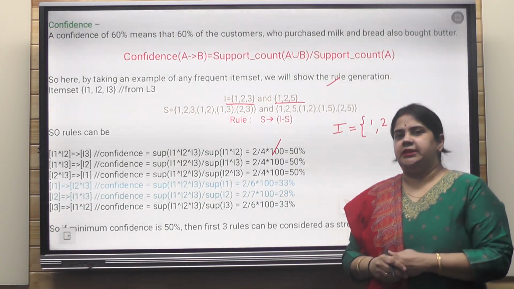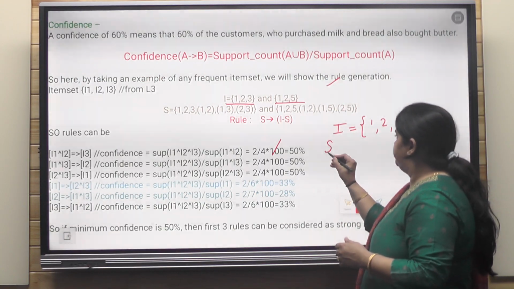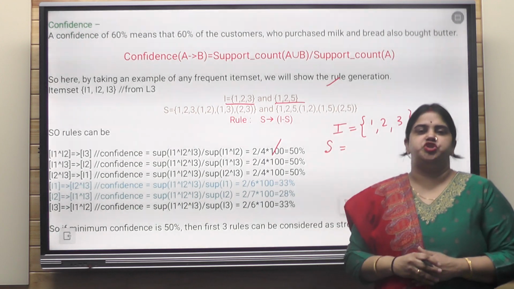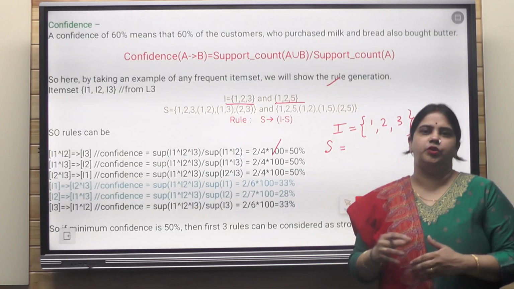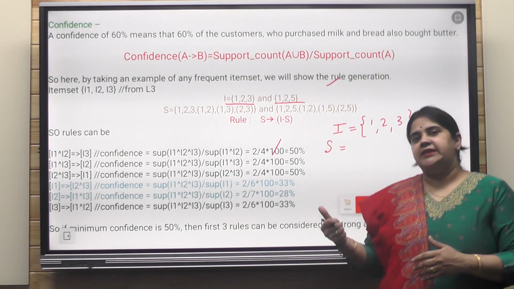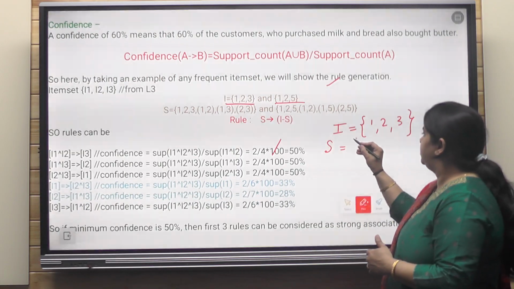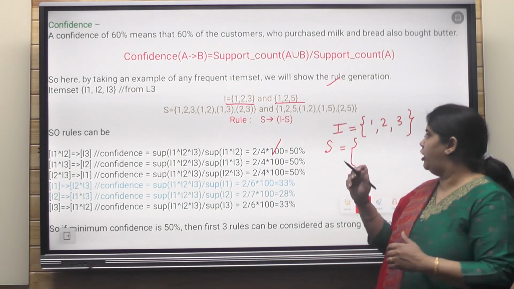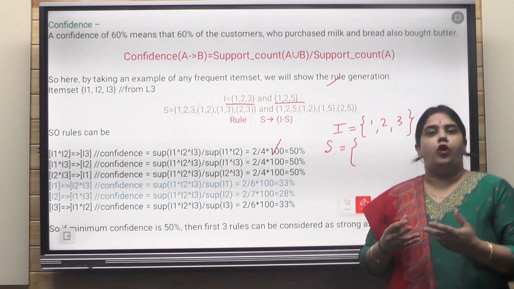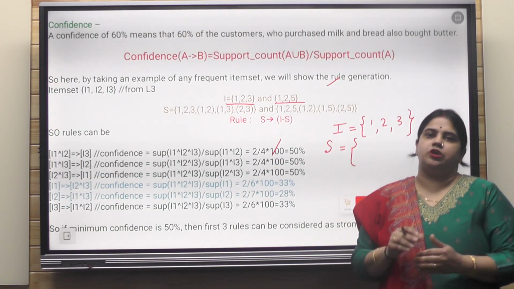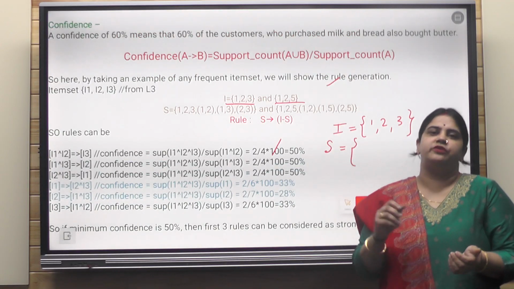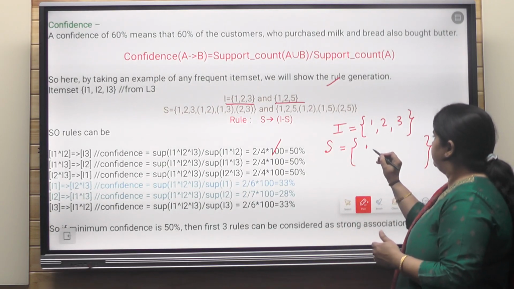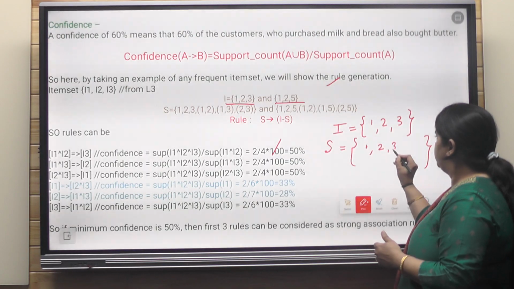Now my second step is, I am going to create one set which is named as capital S. We are denoting it likewise, and that S is because we are going to create all the subsets of I value, or we are going to create the subsets of each bucket, each frequent item set. What can be the subsets possible? Subset can be 1, 2, 3.